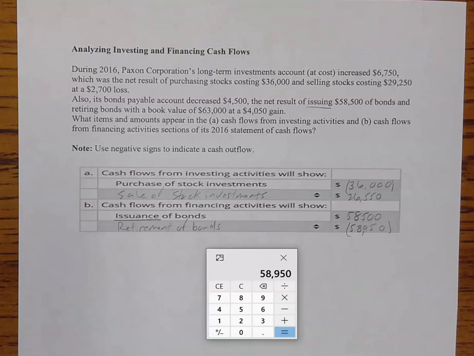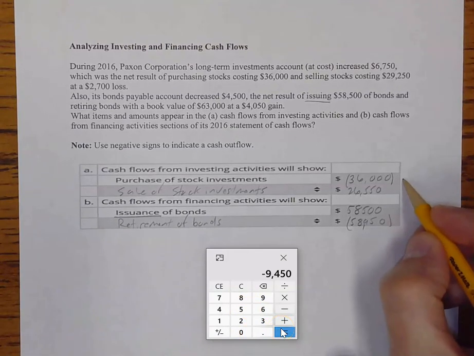We don't really have a spot to put that, but we can still calculate it out to the side. So here we have $36,000, and that was a negative, plus $26,550 equals